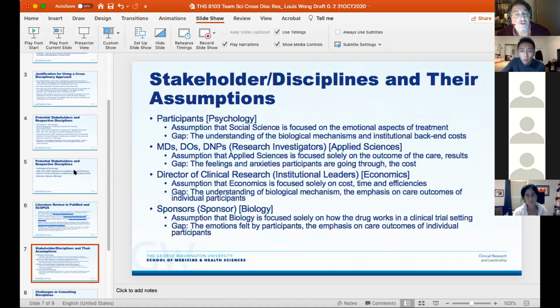Gotcha. Okay, so you have to be careful here because, so, assumption that applied sciences is focused solely on the outcome of the care and results. That makes no sense because applied sciences, I mean, you might say medicine, I'm not even sure that's entirely true. Medicine is focused solely on the outcome of care and results. That might be true, but that's also not a discipline, that's a practice. It doesn't tell us what the base assumption of the discipline is. Okay, I see. Yeah, there's some real confusion here, and I could talk about it with you more, but